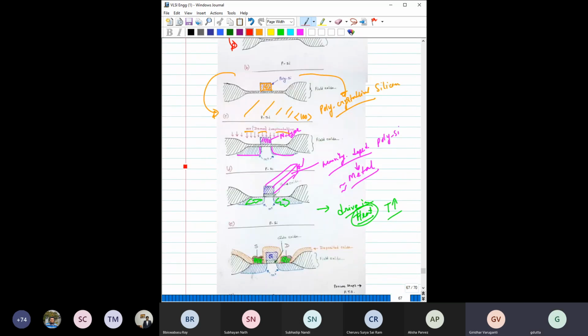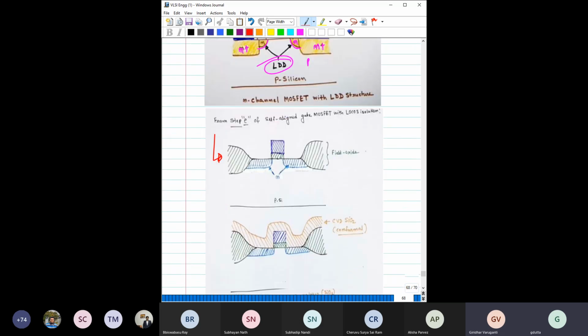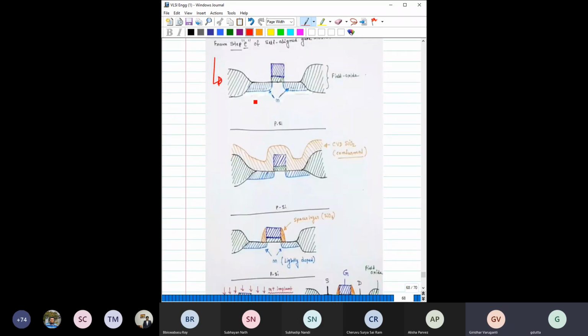So this is basically that structure. Up to this part is common, so we are starting from this part onward. Start with this, which is step E for the self-aligned gate process. Then deposit CVD, or chemical vapor deposition, silicon dioxide. This is one technique by which you can deposit